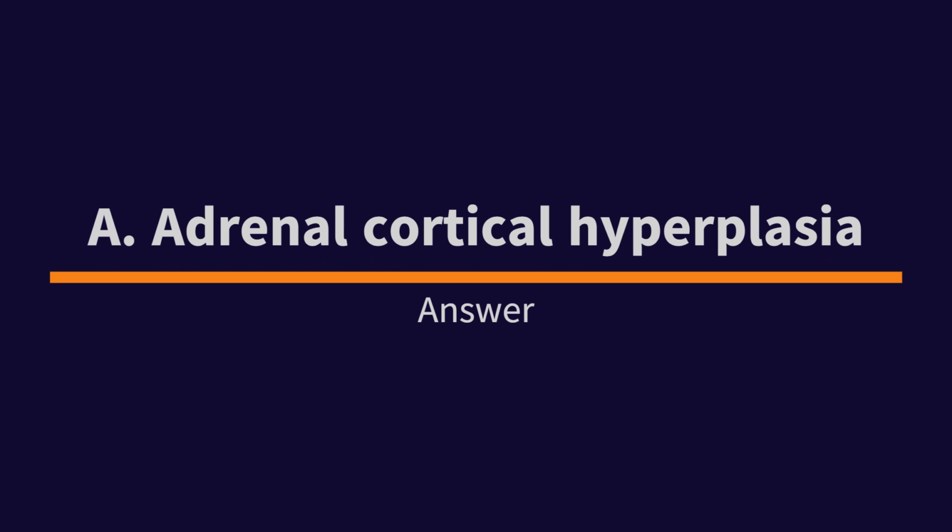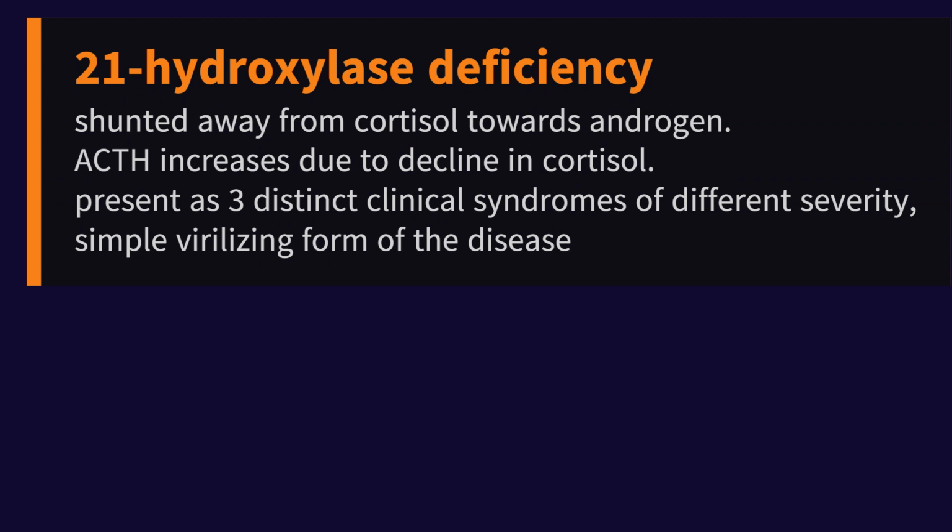Congratulations if your answer is A, which is adrenal cortical hyperplasia. This question is designed with the focus to assess your ability to apply foundational science concepts. Deficiency of 21-hydroxylase is the most common form of congenital adrenal hyperplasia and leads to impaired conversion of 17-hydroxyprogesterone to 11-deoxycortisol. Excess 17-hydroxyprogesterone is shunted away from cortisol synthesis toward androgen production. Adrenocorticotropic hormone increases due to the decline in cortisol levels and has a trophic effect on adrenal cortical cells, causing adrenal cortical hyperplasia. Depending on the residual enzyme activity, 21-hydroxylase deficiency can present as 3 distinct clinical syndromes of differing